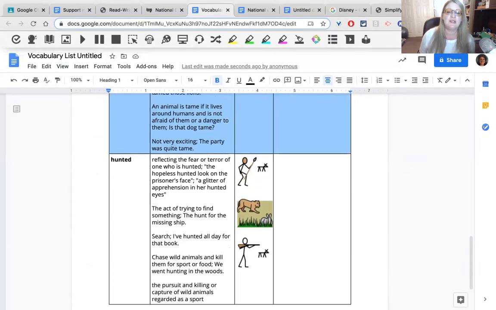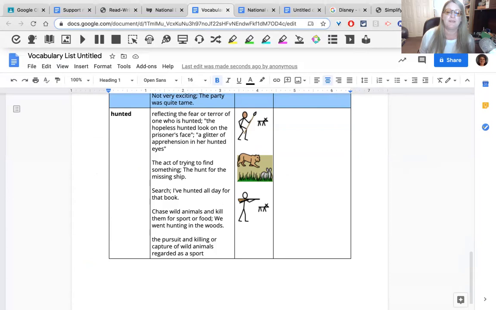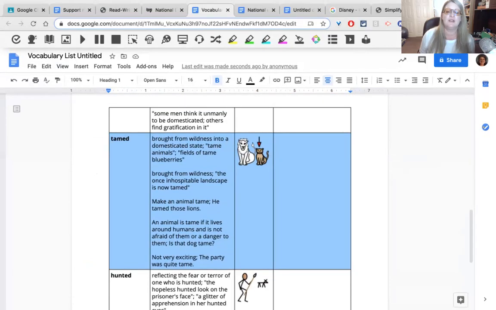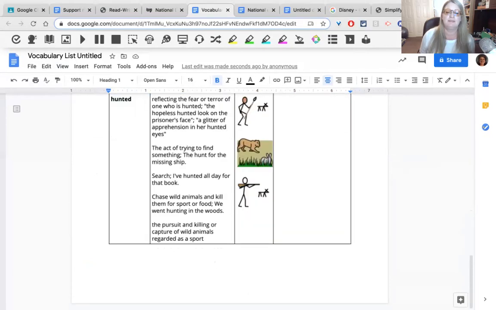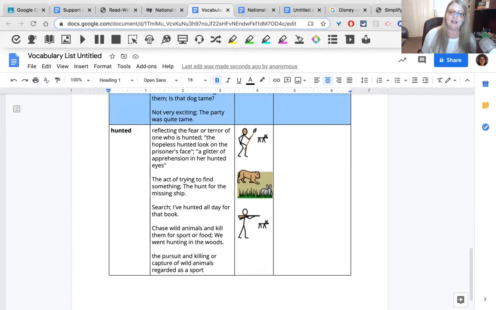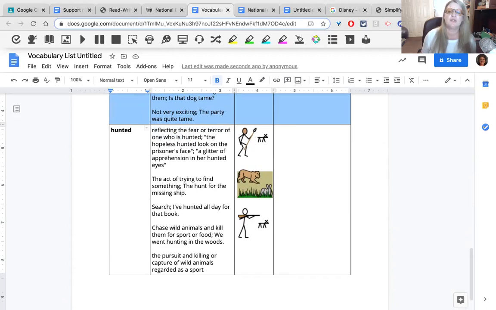Interestingly, it actually is also giving additional meanings, like hunted could mean searched. And then notice that it actually gives some kind of contextual statement to help students better understand the definition. So reflecting the fear or terror of someone who is hunted. And then it says the hopeless hunted look on the prisoner's face, or a glitter of apprehension in her hunted